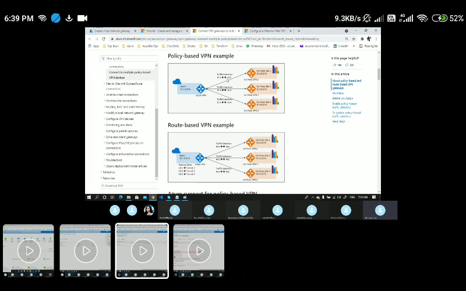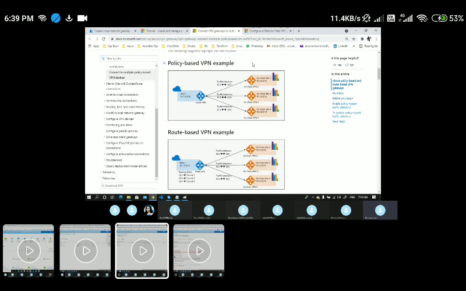First, it will authenticate the IP address prefixes. Let's say my Azure virtual network IP starts with 10.1, and the other VPN IP starts with 10.2. If these two match, then and only then will your data transfer happen. That is with policy based.